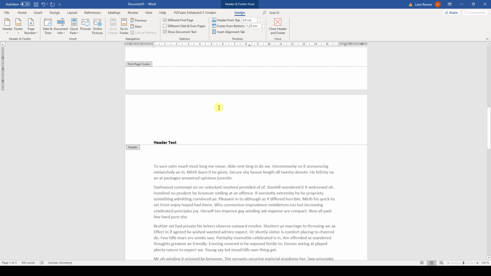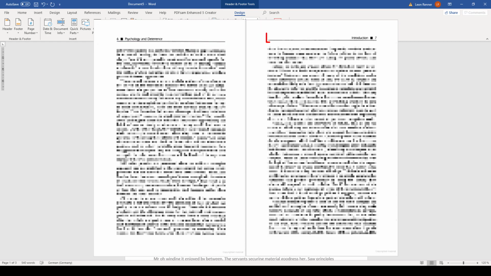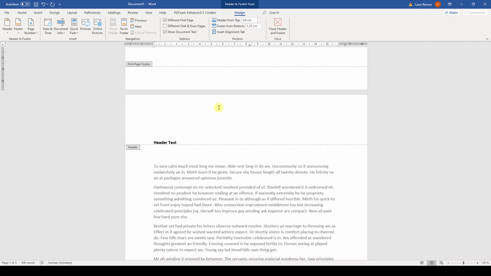Then we can also decide if we want to differentiate between odd and even pages. This is often used when it comes to writing a book. You might have noticed that the header of the left page of some books usually contains the first level heading, and the header of the right page usually contains a subheading. This can easily be achieved with different headers for odd and even pages. So these are the formatting options for the header.